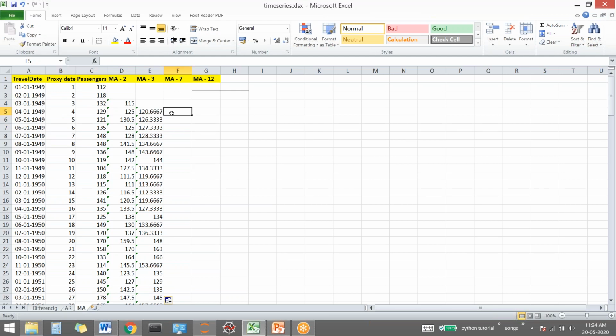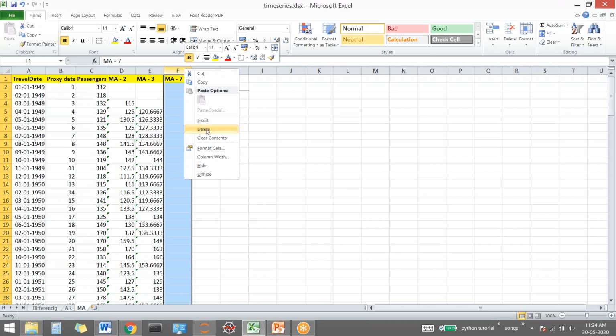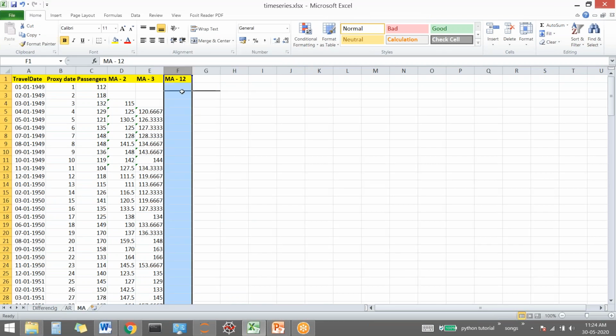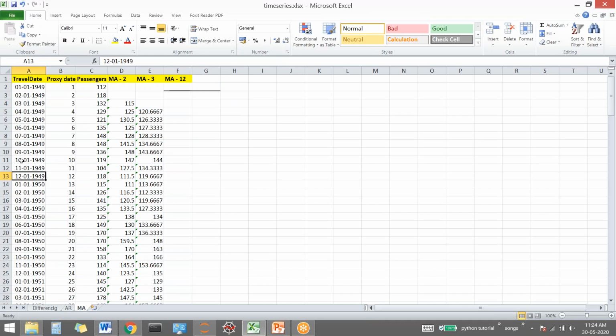Now, एक second, let me just show you how we can see whether the data is stationary or not. Now let me remove this column. Let me just come up to 12 now. So we'll be considering the complete year in order to make prediction for the next 13th. So इससे पहले वाली मेरी सारी values none हो जाएंगी because उससे पहले मेरे पास 1948 का कुछ data है नहीं which I can average out and make predictions.